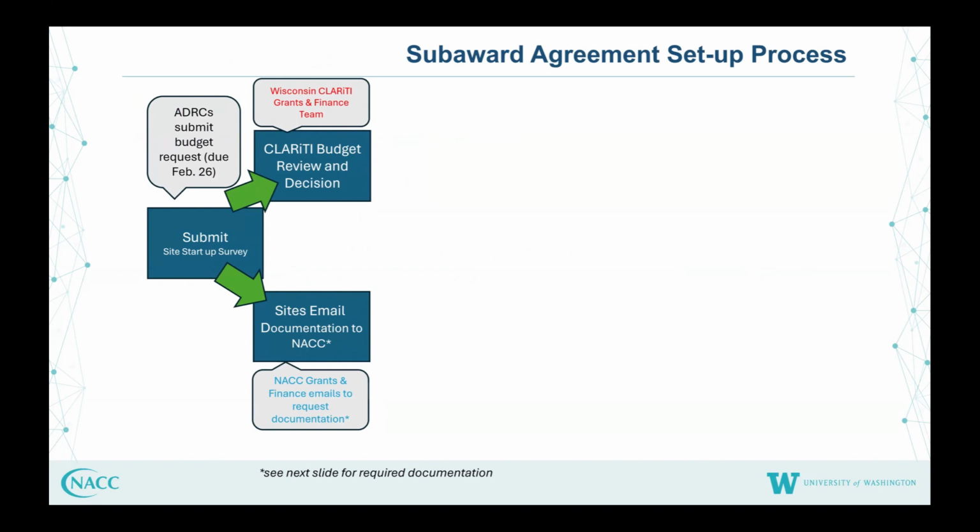Usually, the indirect rate is whatever you've negotiated with the government. That's certainly what NIA does with any of its awards directly. However, for projects like CLARiTI and like ADNI and ACTC, ATRI, all those, we much prefer having a fixed rate. I'm not exactly sure what Sterling had planned. I know that there have been some discussions about this, and this isn't a decision that's fixed in stone yet.